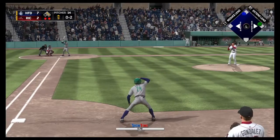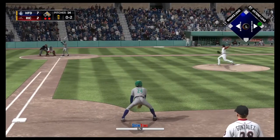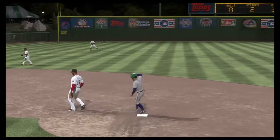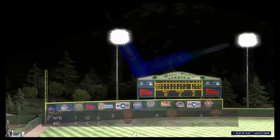Now batting, third baseman, Brian Liriano. Hit to third. Scooped up. And the 2-out threat will not come to pass as the inning is over. So it's no